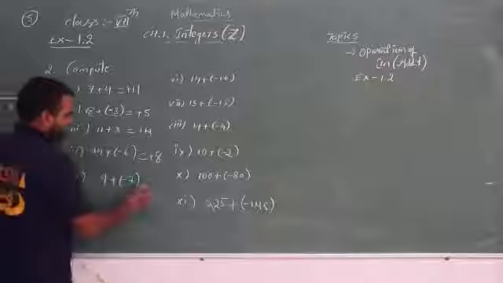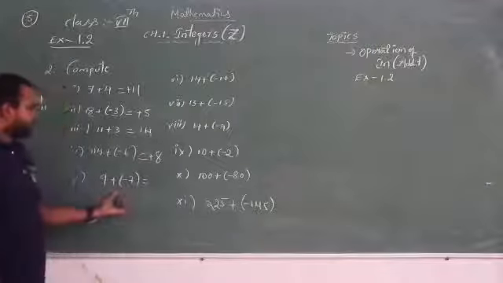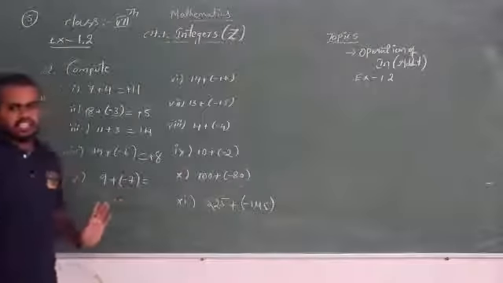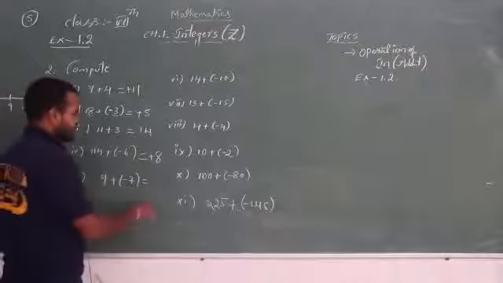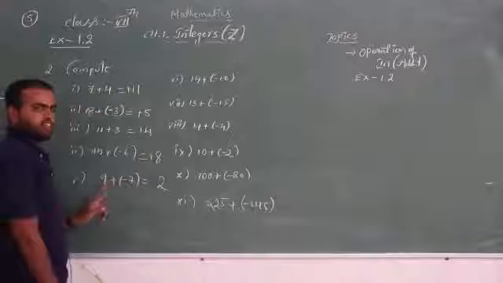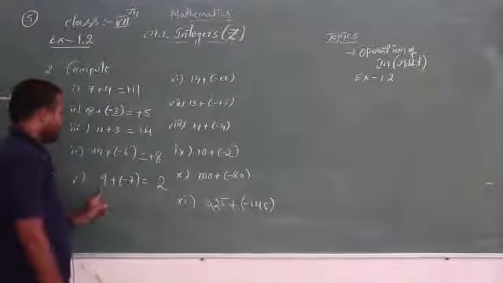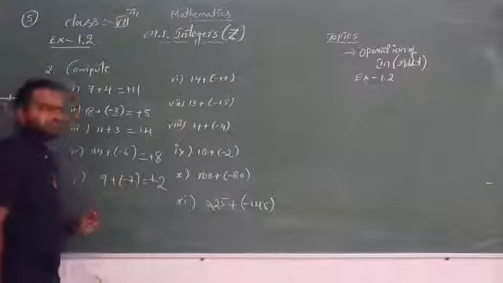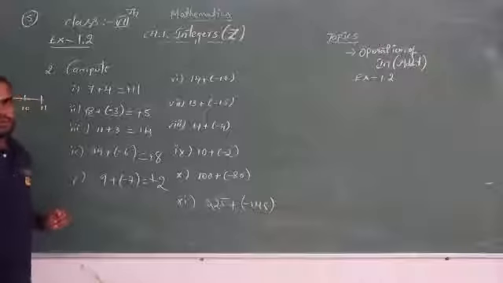Now what about the next one? Same, a positive integer we are adding with a negative. Subtract first, 9 minus 7. How much is it? 2. And which is bigger here, 9 or 7? Definitely 9 is greater. So 9 has which sign? Plus. So our answer is plus 2.